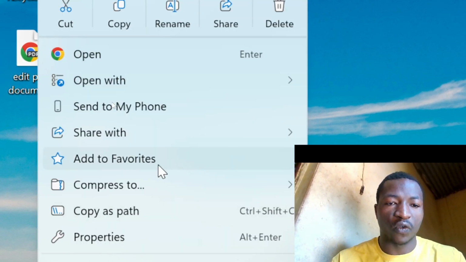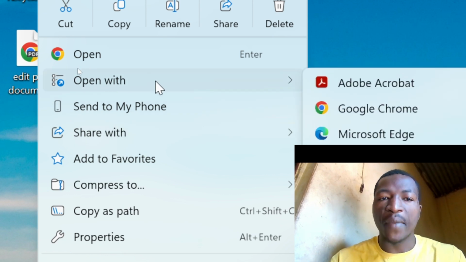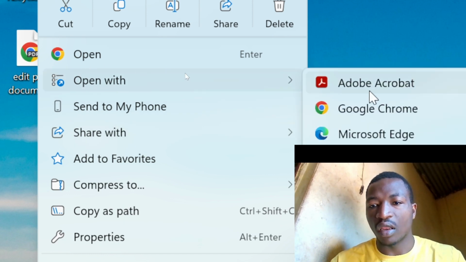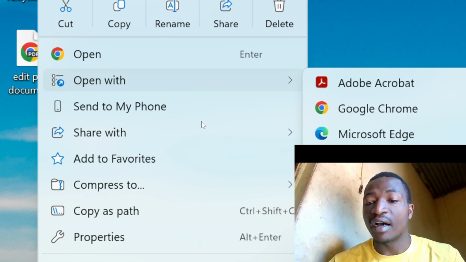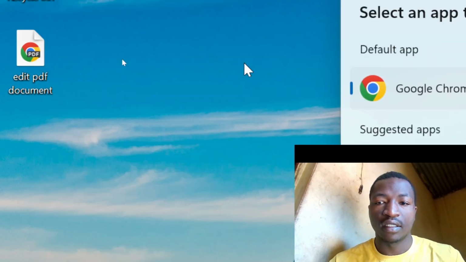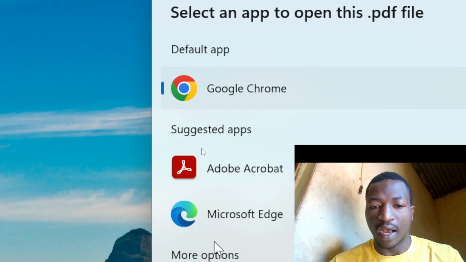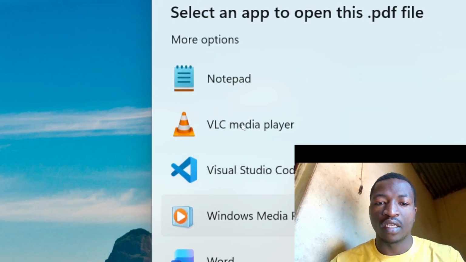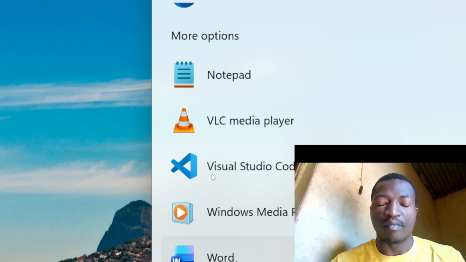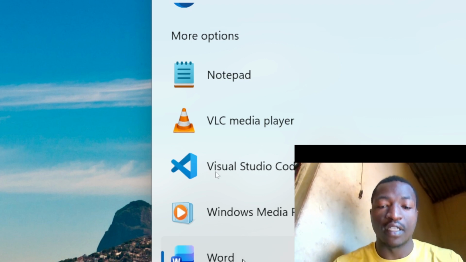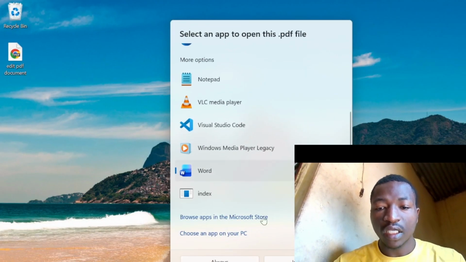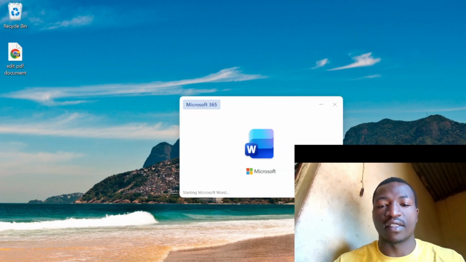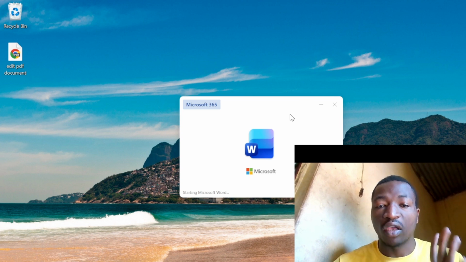After right click on Open with, then click on Choose another app, and then you will get the list of apps you have that can open it. Then choose Microsoft Word. After you click on Microsoft Word, you just click once, then wait until the Microsoft